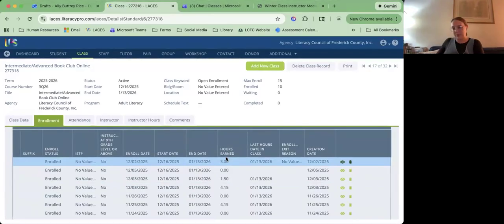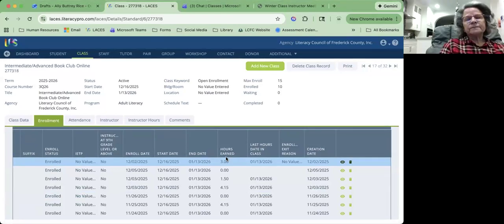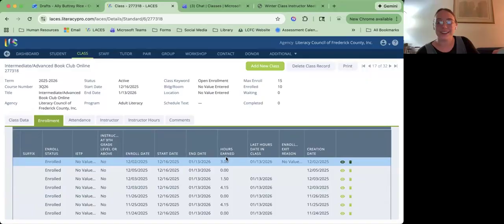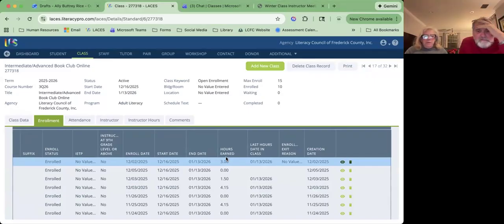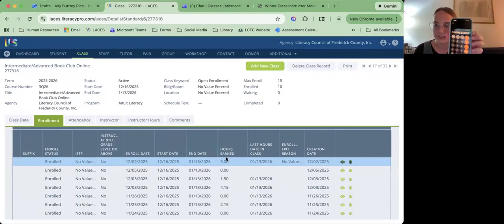Then I'll go, okay, what's 3 divided by 4.5? I can't do that in my head, so I'm going to use my phone. I take the number of hours attended divided by the total possible number of hours. So 3 divided by 4.5 is 0.666. That means this student attended